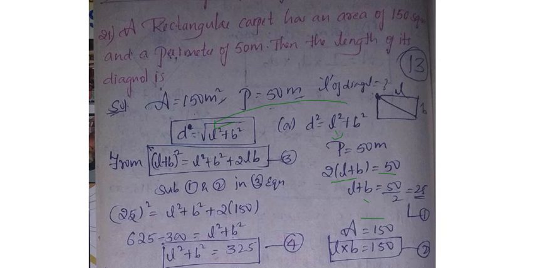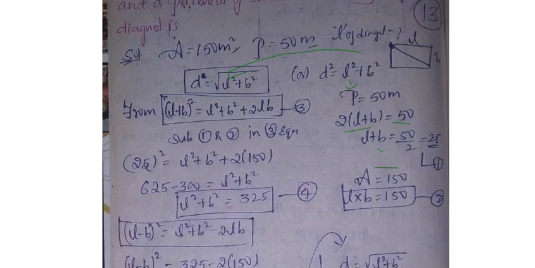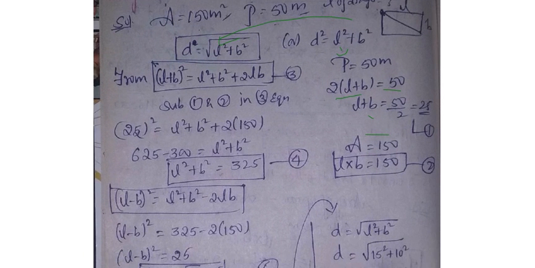Okay, you all know the formula of (a plus b) whole square, right? What is the formula of (a plus b) whole square? a square plus b square plus 2ab. Yes or no? Now instead of a, I am substituting L. (L plus b) whole square means what now? L square plus b square plus 2lb. This is our third equation.